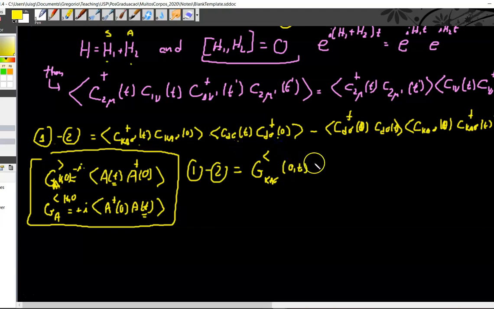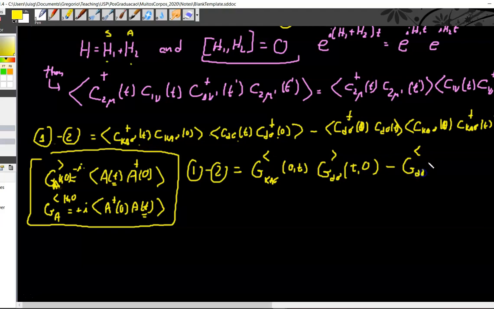And this is going to be a greater of d sigma t0, minus this is dagger 0, so this is a lesser Green's functions as well